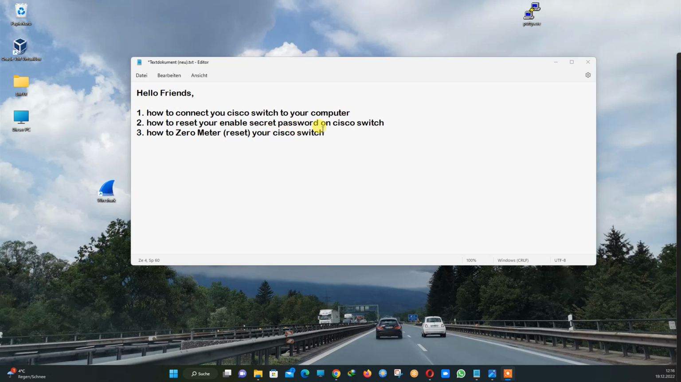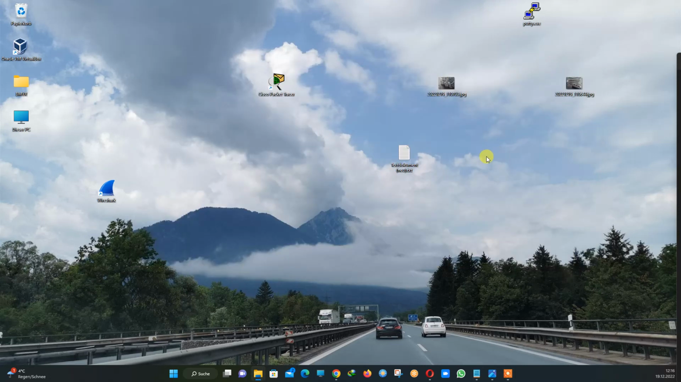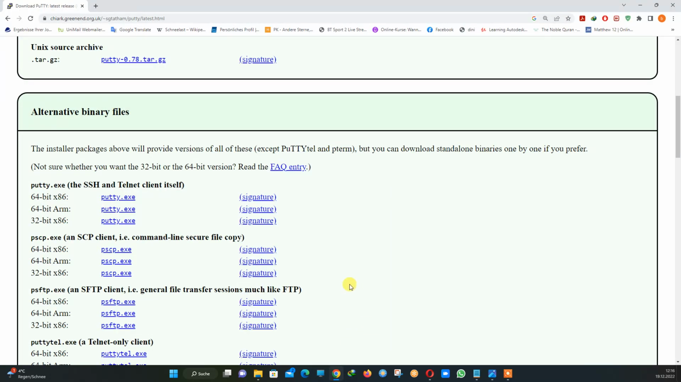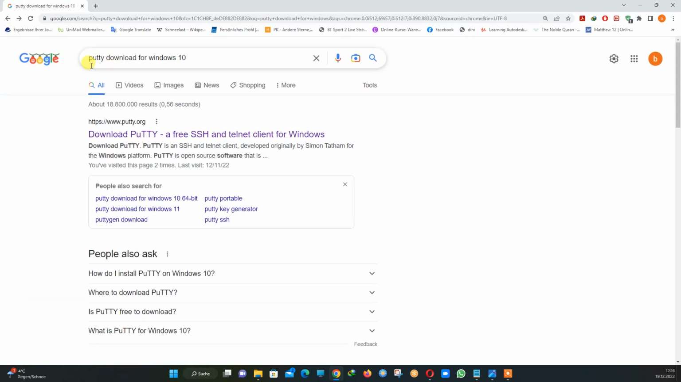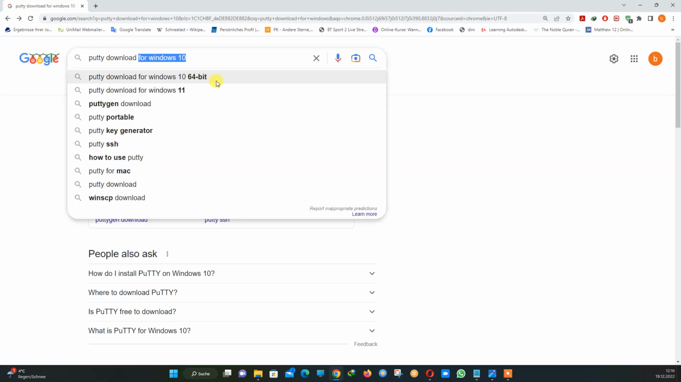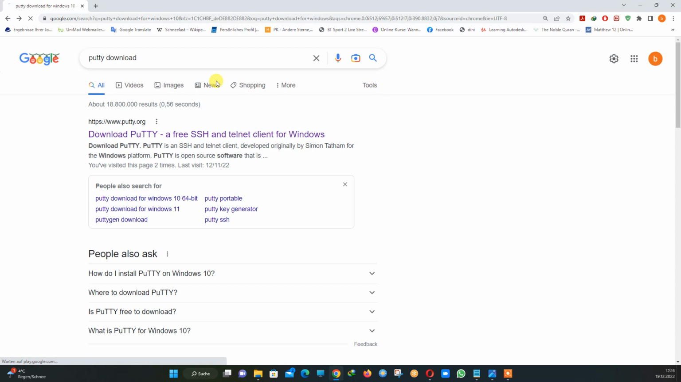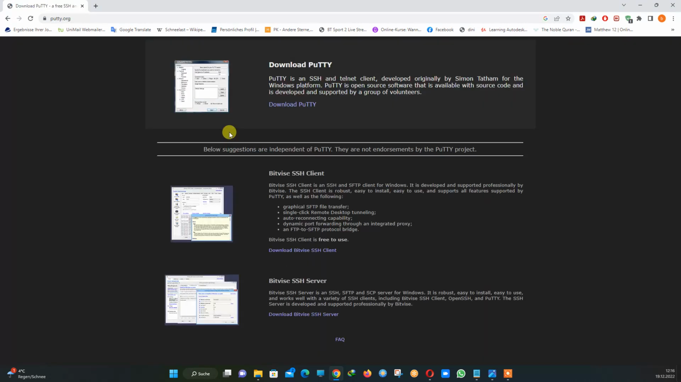So let's start with the first topic. For connecting your switch to your PC, you first need an application. I'm using Putty, so let's see how to download and how to use Putty. You have to go to google.com and write putty download. I wrote it now for Windows 10, but you can write it also like this, putty download, and then from here you can go to download putty, click here,